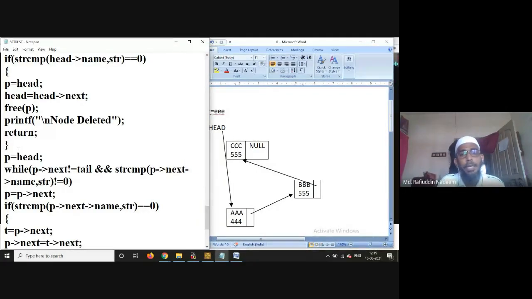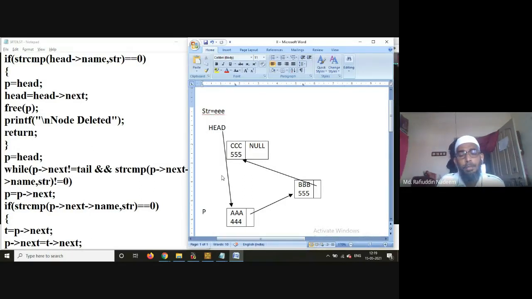P is equal to head, so P is now pointing to head. While P next not equal to tail.